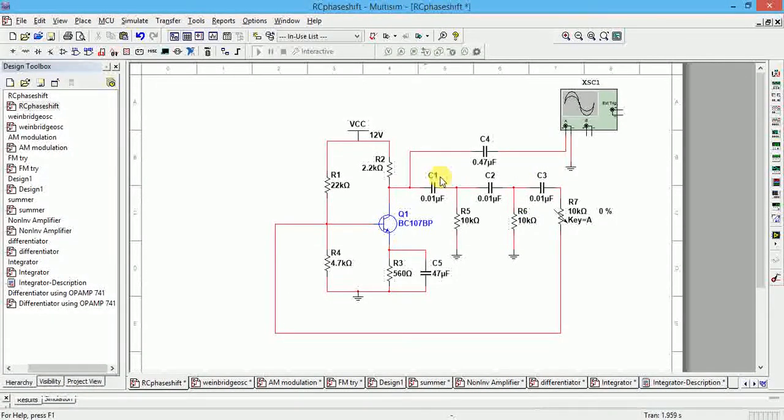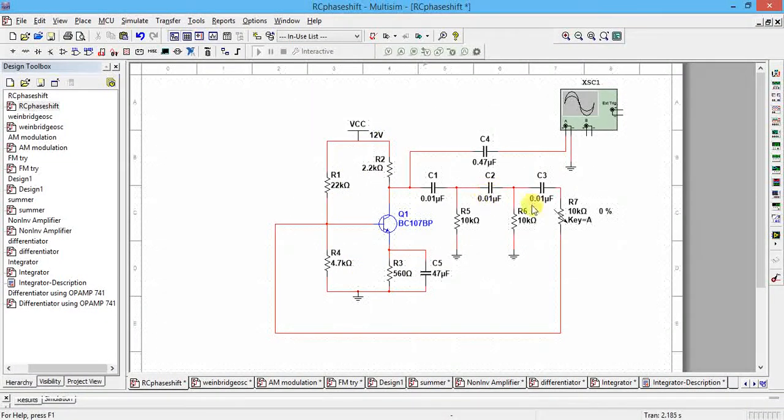So the feedback network is some part of the output. We are taking output from the collector. Some part of the output is connected back to the input side, and we are not using any function generator. Automatically the oscillator converts DC into AC. We are giving a DC voltage of 12 volts for biasing.